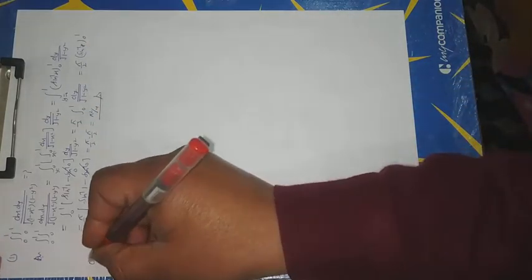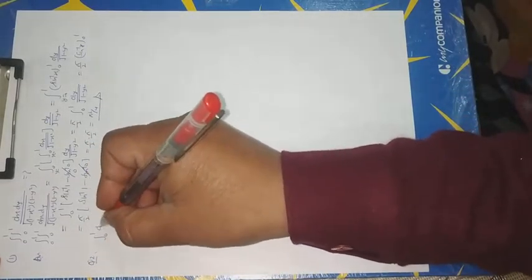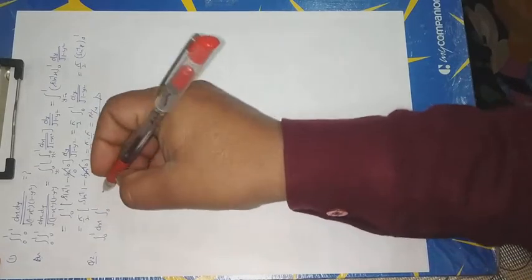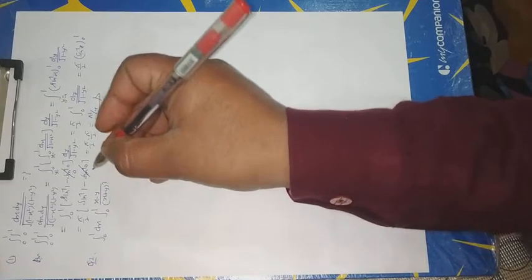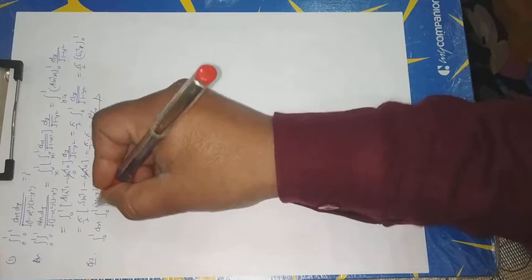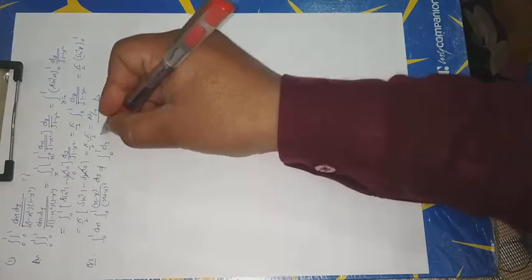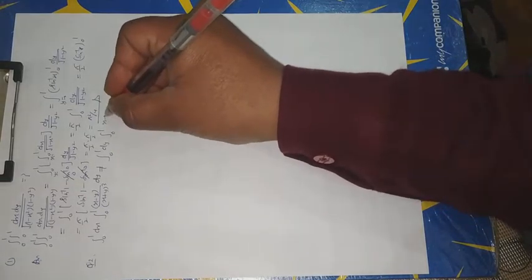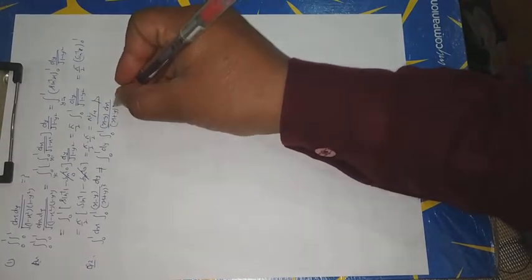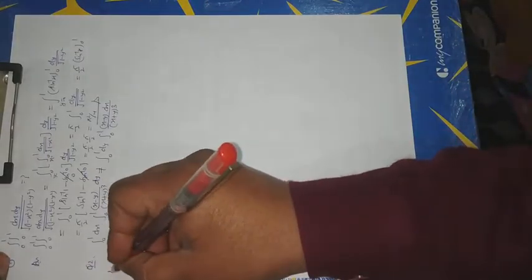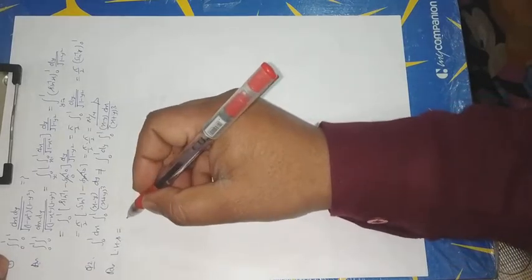Now question number 2. Prove that integral limit 0 to 1 dx integral limit 0 to 1 x minus y upon x plus y whole cube dy is not equal to integral limit 0 to 1 dy integral limit 0 to 1 x minus y dx upon x plus y whole cube. Solution. Now the left hand side,